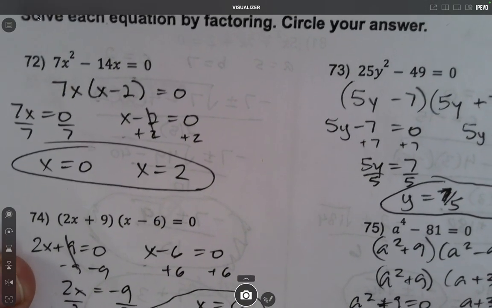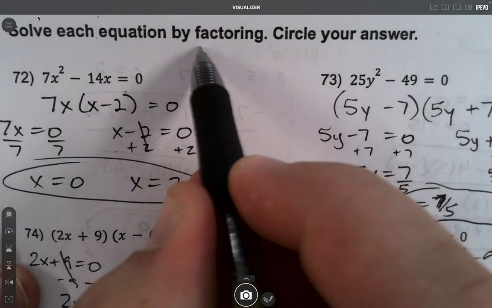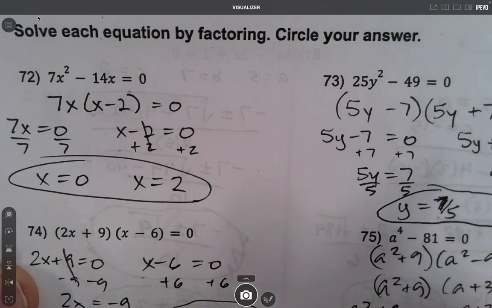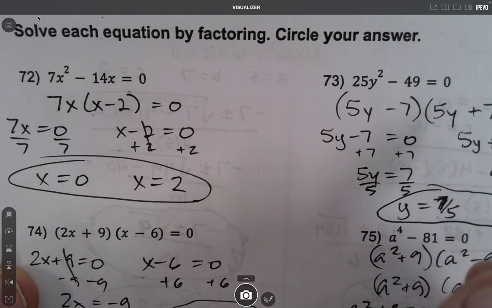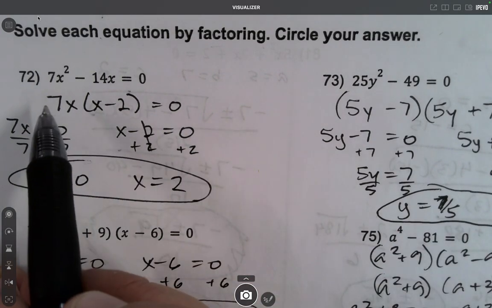Okay, solve each equation by factoring. So factoring is step 1 on these, or at least most of these. Then setting the pieces or the factors equal to 0 and solving is the next step. So on 72,